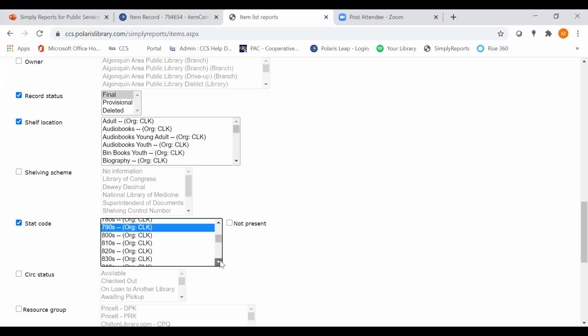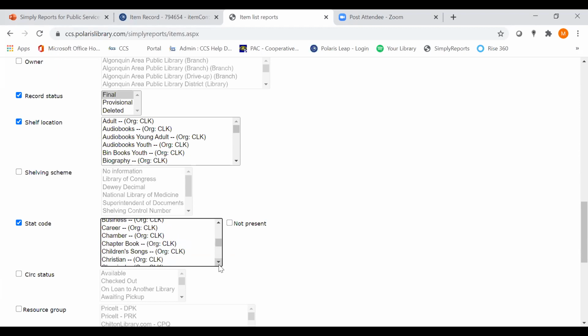Beyond these Dewey decades, you'll also see stat class codes that reflect a genre, like we've got action adventure. You'll also see mystery, science fiction in here, or a format. So there's, let's see, I know board books is in here, graphic novels and manga are in here. So the stat class code can also help you get to that format or that genre that you're